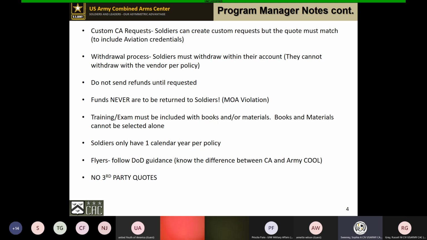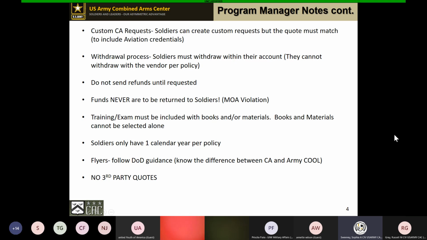So if a SODR, and I'm just going to use aviation as an example, let's say the vendor has listed a course that has 20 hours of flight time, but the SODR really only needs 10 hours of flight time, it's important that they create a custom request, because what happens is we're asked if money can be returned and so forth, and we want to avoid that, because that's not just a quick and easy, okay, just turn it right back in.